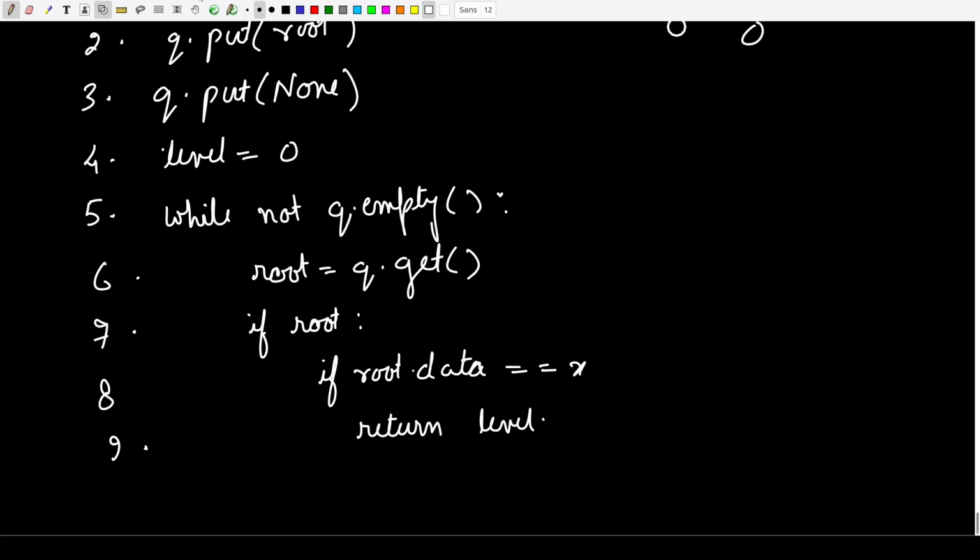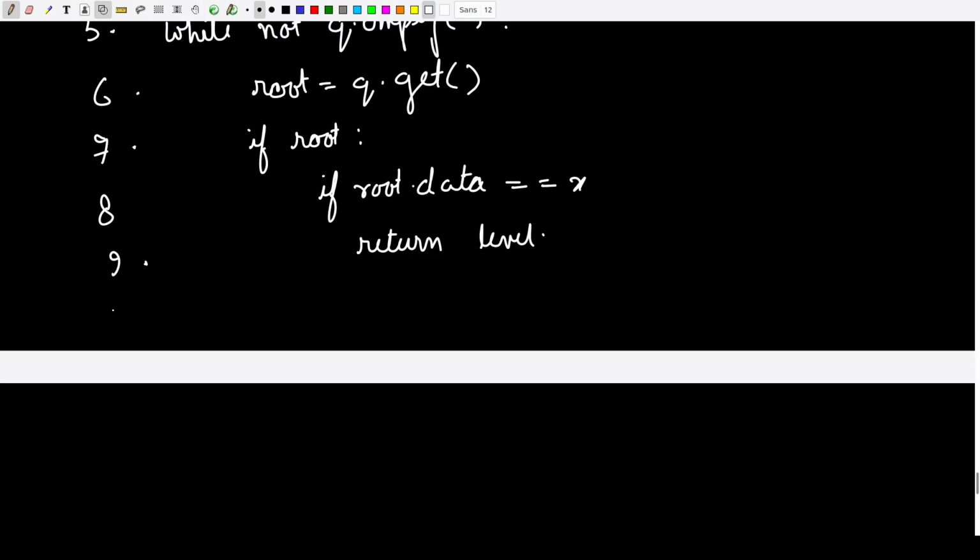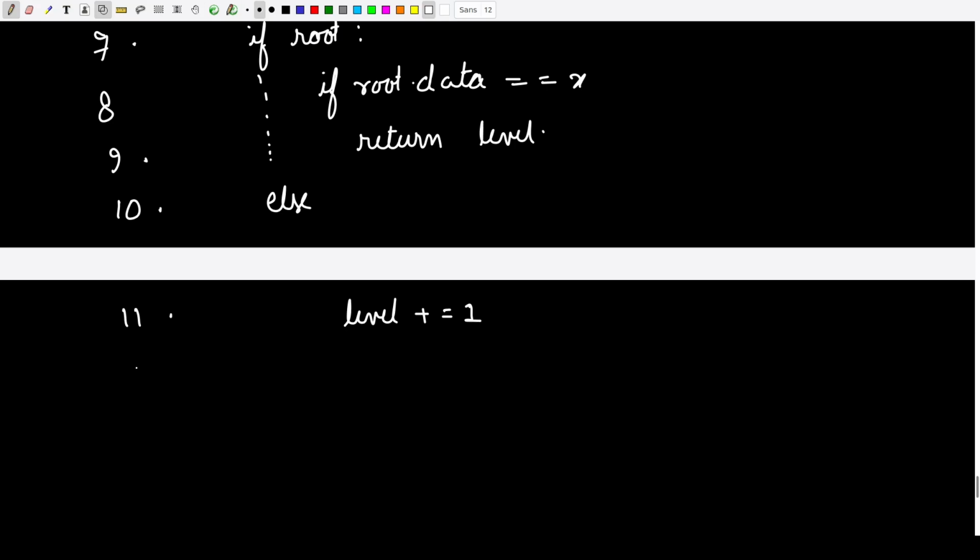Otherwise, let me use a separate page here. So we are here, and otherwise, if root is null, then in that particular case, what I am going to do is increase my level. So now I am going to the next level, right? I am going to increase my level by 1, and at the same time I am going to check if